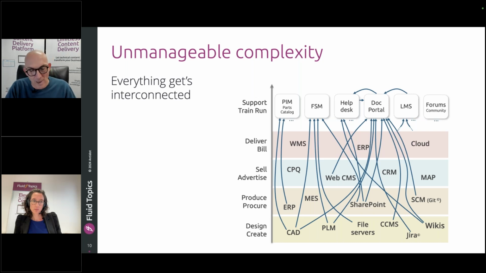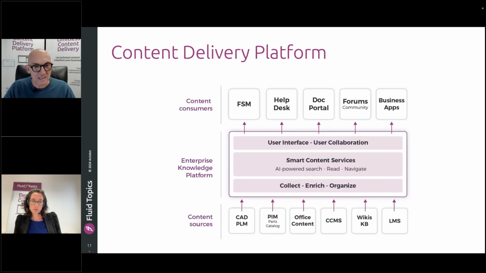And this is exactly the problem that CDPs, content delivery platforms, are solving. It's simplifying all that by ingesting all the content that you have in all the sources, creating a unified repository of content. So it's not replacing the way you write content, the way that content is created and managed, but it's just collecting that, syncing in real time with all the sources, and then making that content available to all the touch points.